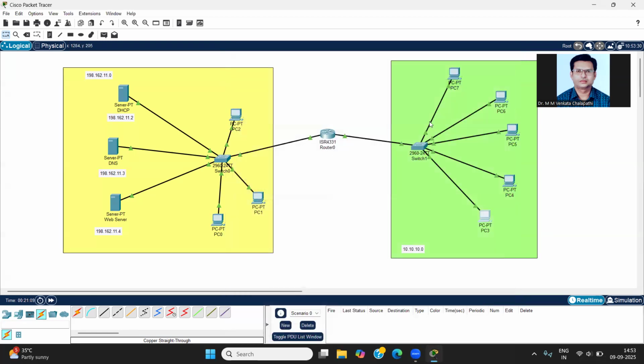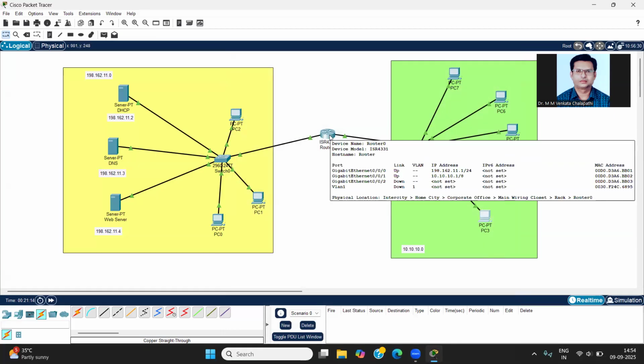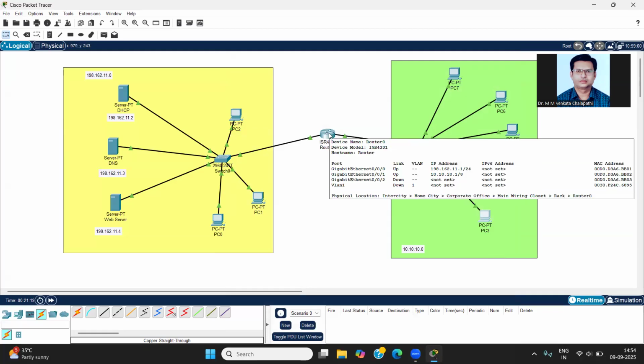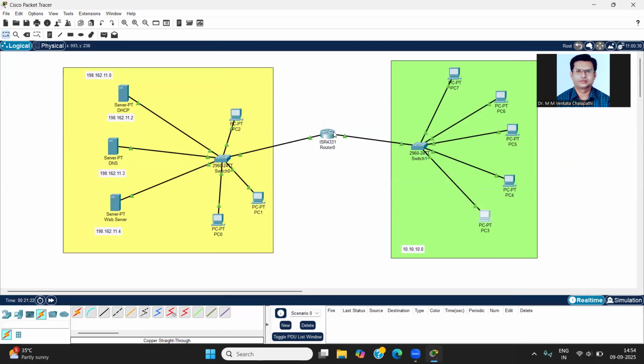Why it failed: the request from PC3 will be sent to router 0, but router 0 is not aware of how to carry this request to DHCP, because the packet is broadcast from PC3 requesting an IP, and this link is unaware of transmitting this packet to DHCP. So this link, we should create